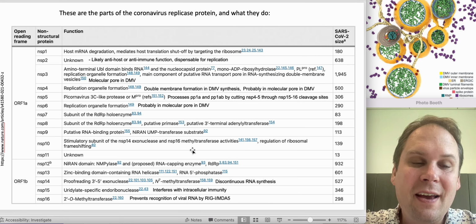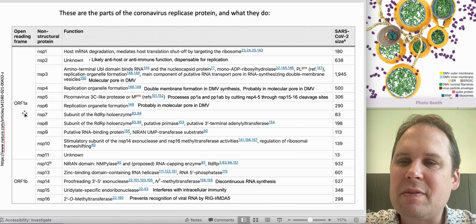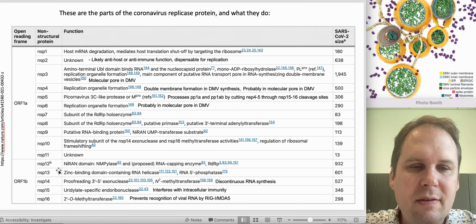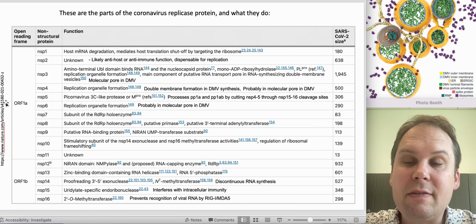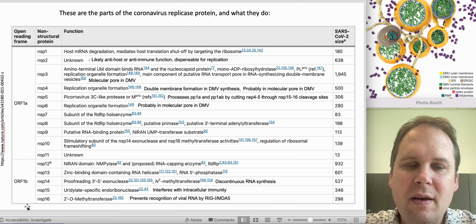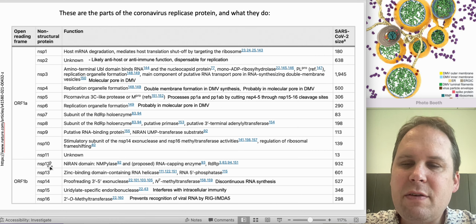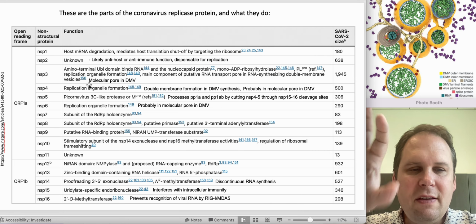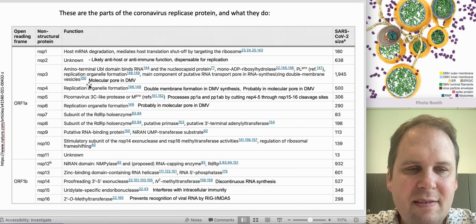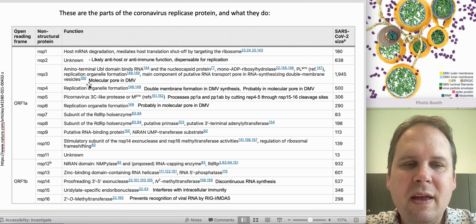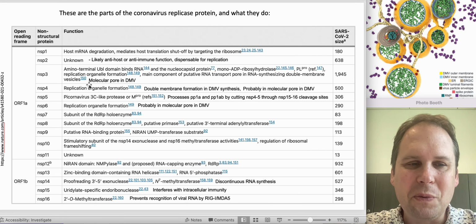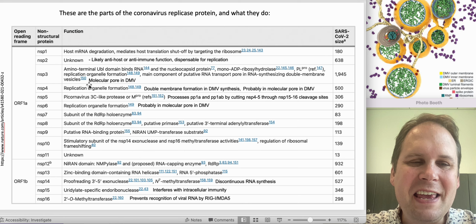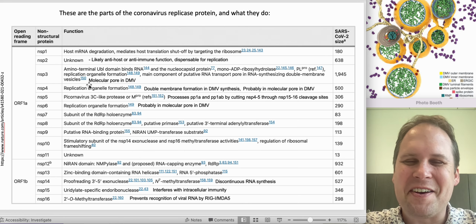In this case, though, we know that they are translated, but they've retained the original names. So open reading frame 1A is going to encode 11 different proteins. Open reading frame 1B is also encoded by that gene 1, effectively, and that's going to include another 5 open reading frames that make proteins. And so each of these proteins, I think this is a nice little reference list. We're not going to cover it in detail right now, but this is going to be a good thing to go back to when you are preparing exam answers for this, because this is just like a little key. It's like a little Rosetta Stone that's got a lot of stuff on it.